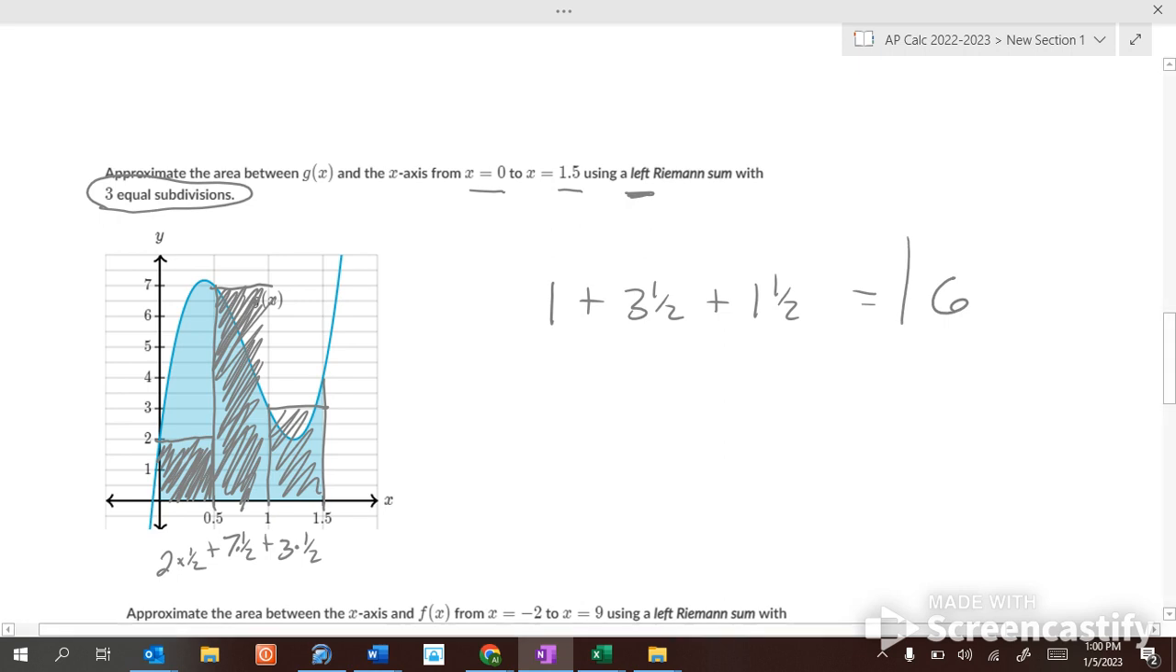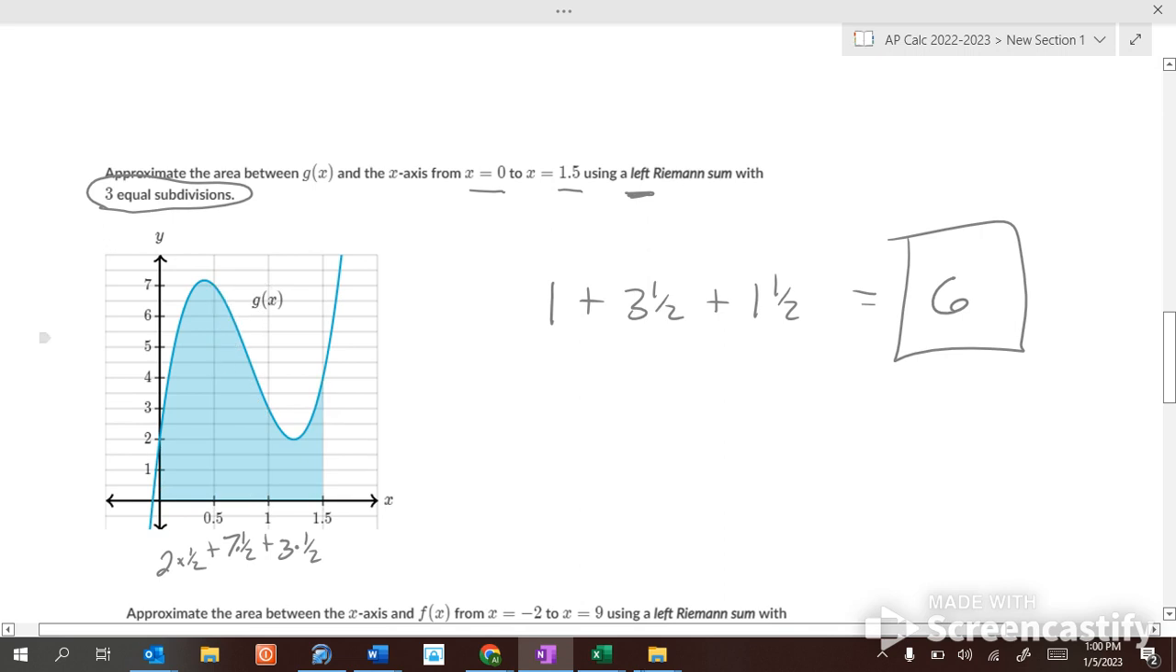So it's just basically an estimation of how much area is under the curve. And our estimation for this is 6. Now, what could make this more accurate? More subdivisions. If we went halfway on each of them,